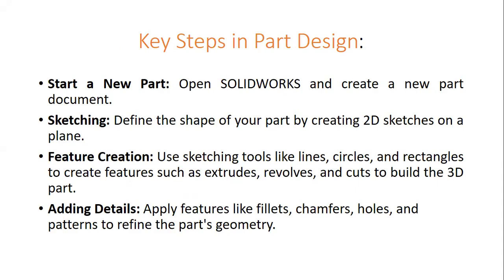Let us see what are the key steps carried out in part design. First step, start a new part. Open SolidWorks and create a new part document. Then go to sketching. Define the shape of your part by creating a 2D sketch on your plane. Then develop a feature creation using sketching tools like lines, circle, and rectangle. Create a feature such as extrude, revolve, and cuts to build up the 3D model. And adding details, applying features like fillets, chamfers, holes, and patterns to refine the part geometry by further modification of